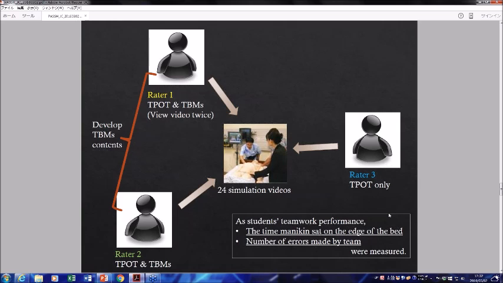The first is the time the mannequin sat on the edge of the bed; they counted the seconds, how long the team took to sit the patient. The other is the number of errors made by the team. Errors, for example, when the patient lay down, the students should prevent pressure on the scar or decubitus point. So this is all about the research design